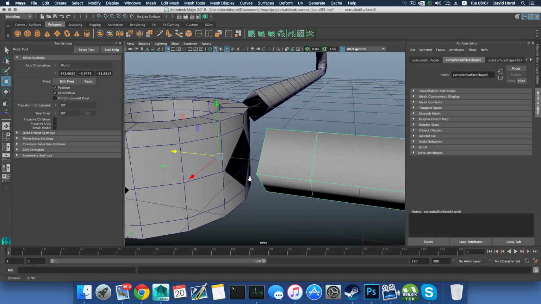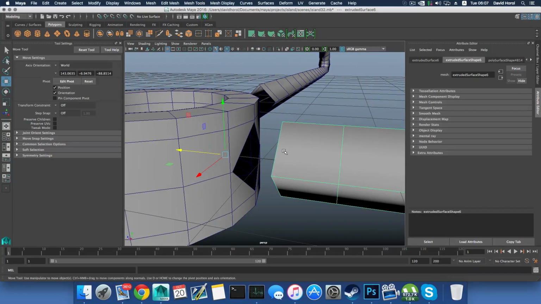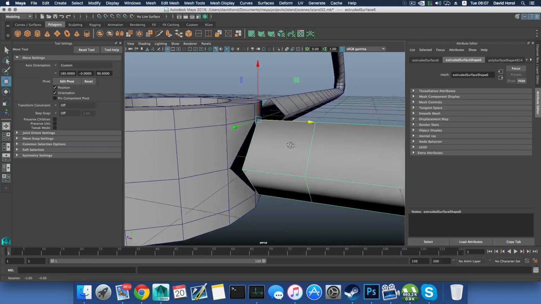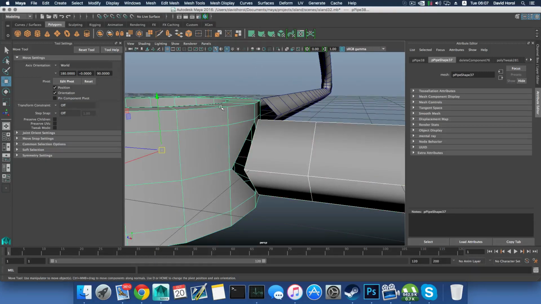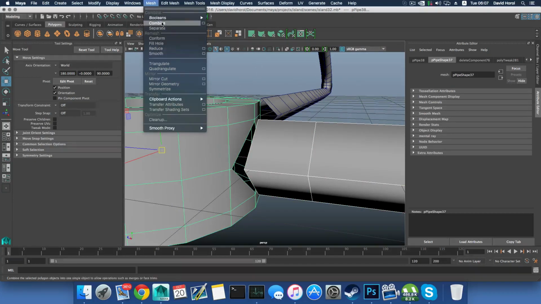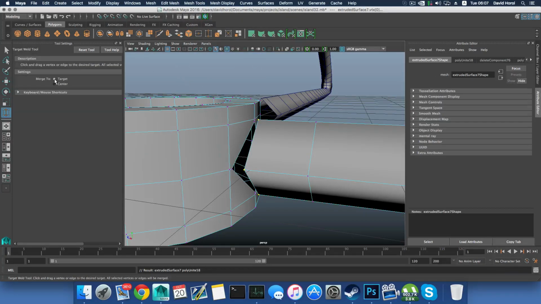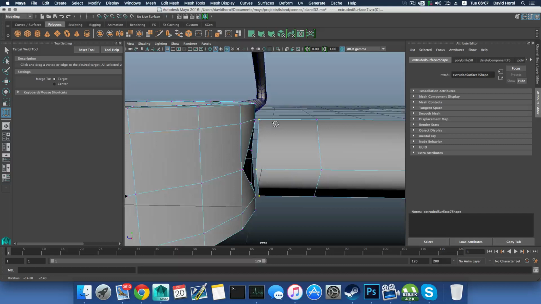We will need to do the same thing to the others. Hold down the D key and click on this vertex and attach it to that vertex here and move it backwards a little bit. Grab both of them, mesh, combine, mesh tools, target weld, change the target weld to target mode, and